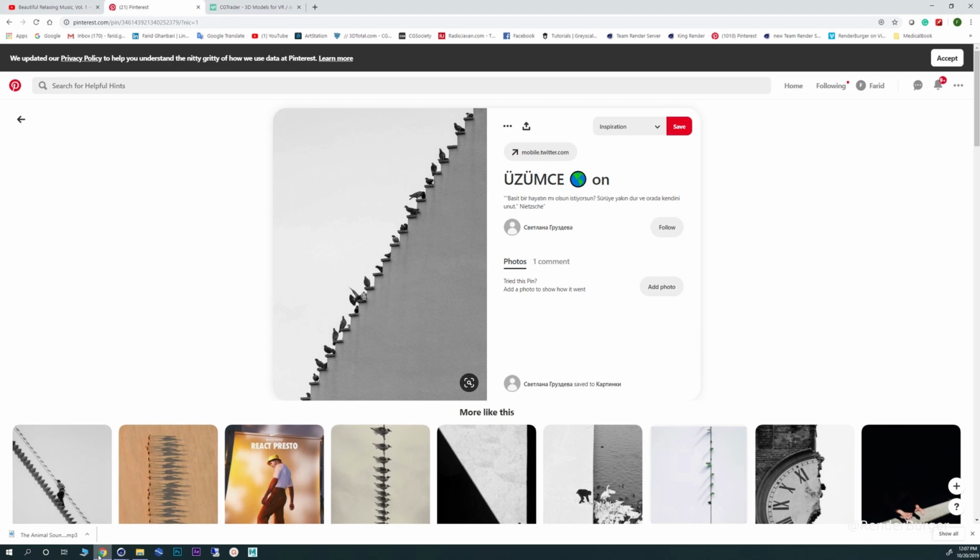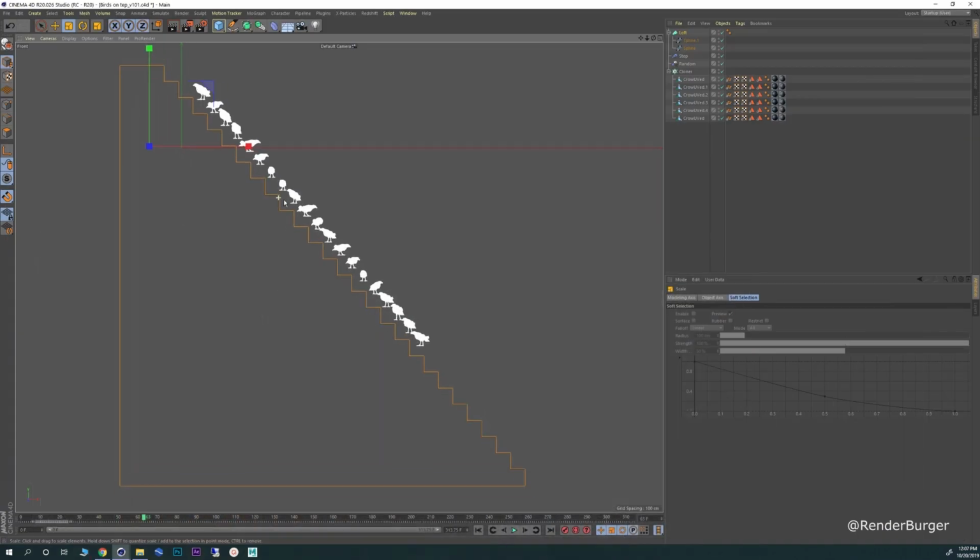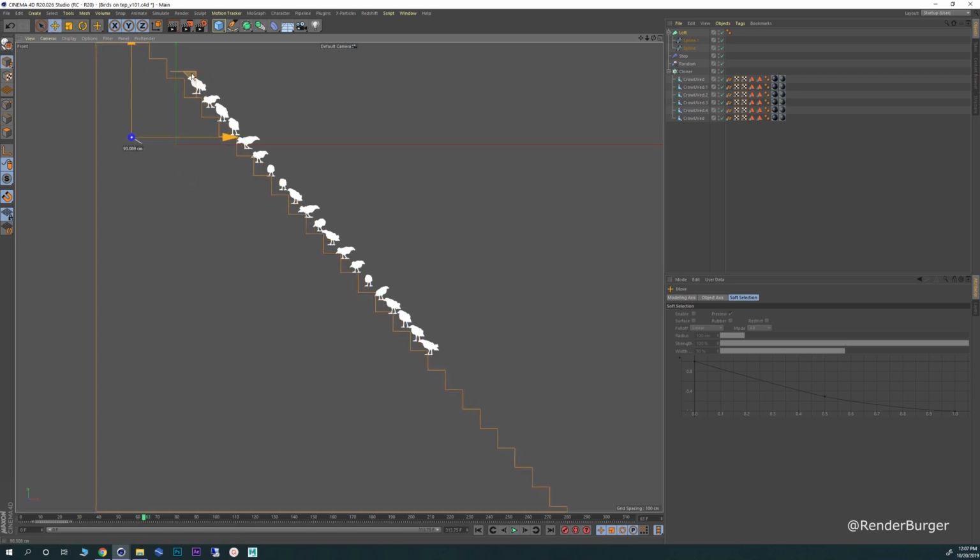Let's get back to the reference. So the height is more than, okay, and I think, yeah, this can be bigger, the whole steps, I believe. So let's say